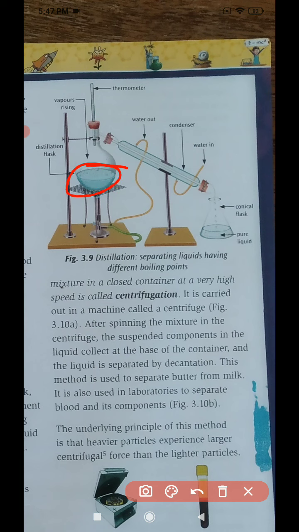Suppose you have taken sugar water. Above the distillation flask you can see a condenser is attached. In the condenser, water goes in on one side and out on the other. Students, why? Condenser means it will always be cold, so when the vapor starts to generate, that vapor will pass through it. There is no other way, and the cork makes it totally air restricted.